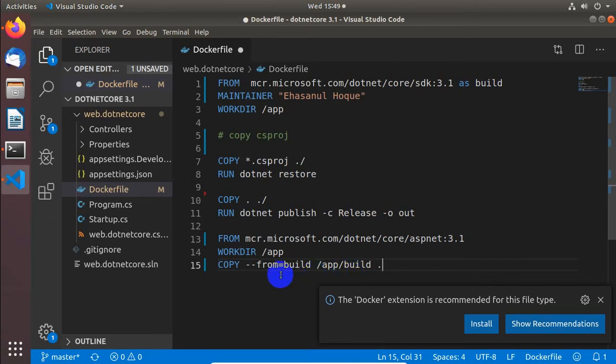Basically this instruction describes that whatever is within the app out directory will be copied to the current directory.